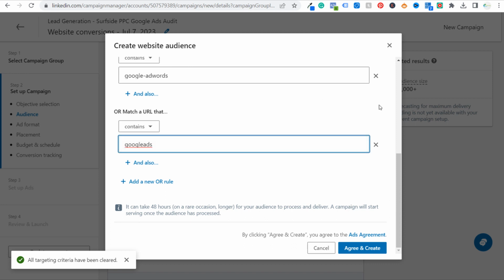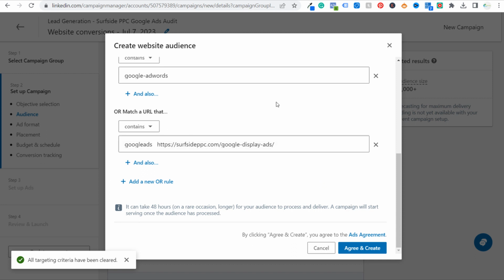Now, the one area where we might have an issue with this is if, for example, I have a URL that looks like this. So you're going to see "contains," and obviously I have Google Ads here as my "contains," but if I do have a URL that looks like this, that URL will not match any of my rules. Now, what you can do is use your own data from Google Analytics 4 and look at some of your top pages by traffic. So if you're getting a lot of traffic to different pages that are relevant to Google Ads, but the URL may not work for it, for example, like this Google display ads,